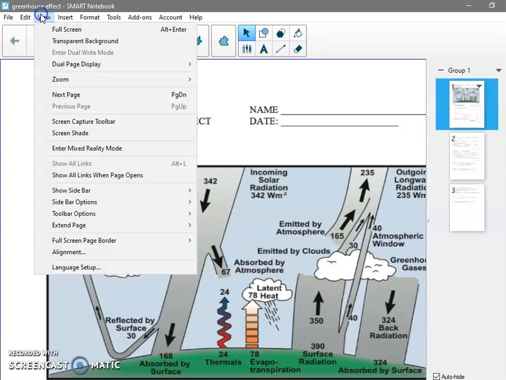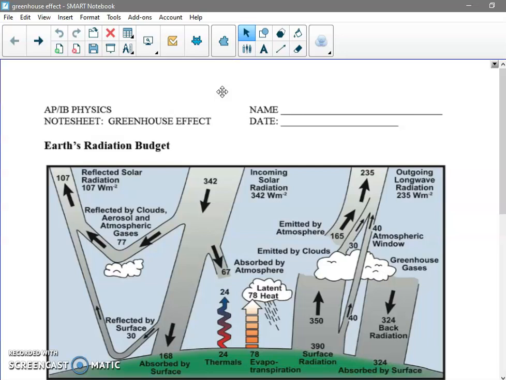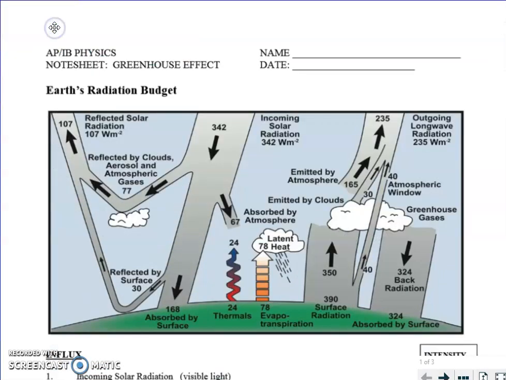Hi everybody, so we're going to do one of my favorite lessons in this whole unit, and really of almost any situation, and that is the greenhouse effect. The big goal of this is to look at the incoming radiation from the sun,